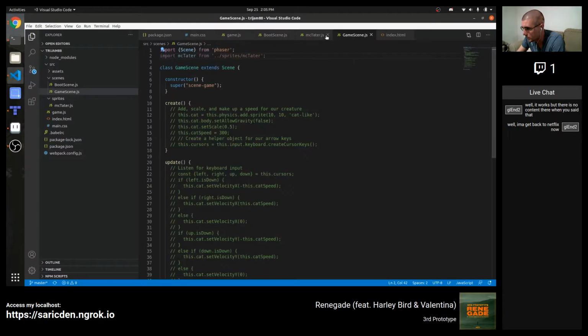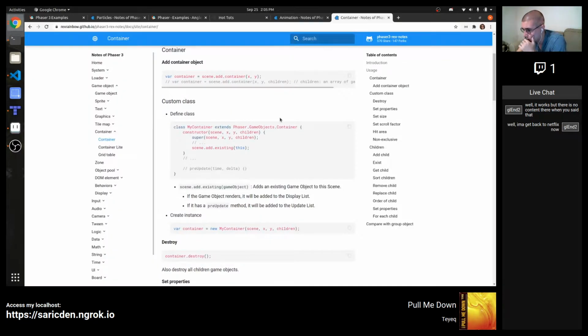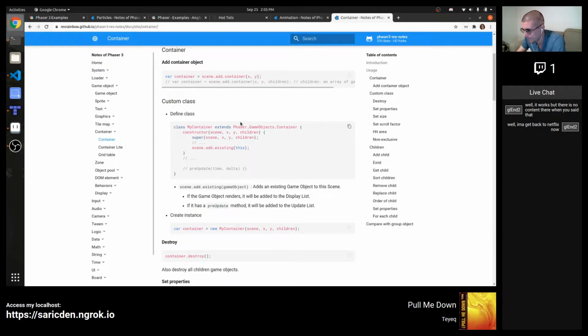And look at that, no errors. Awesome. Okay. So now let's look at how we extend container. So it looks like pass in a scene, an X, a Y, and the children. And then we super it. But I'm not going to import the children. I'm going to create the children myself. Const children equals array